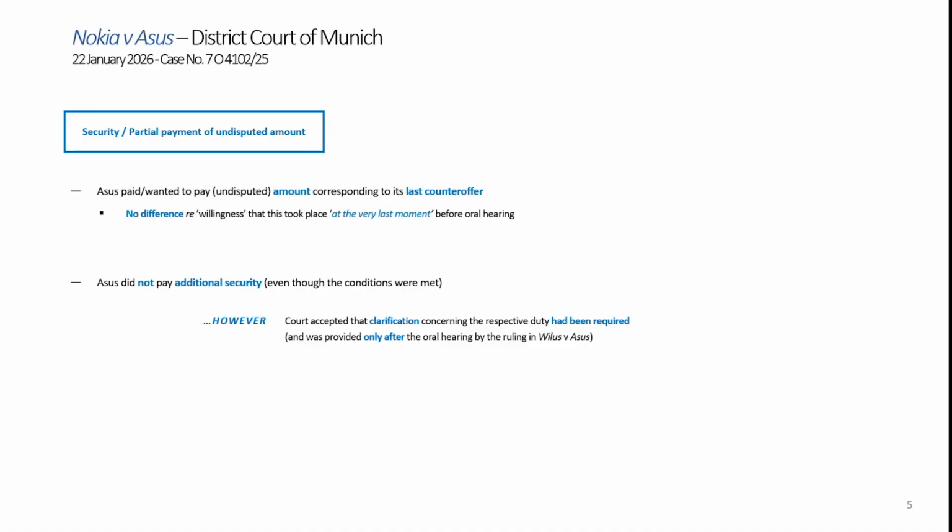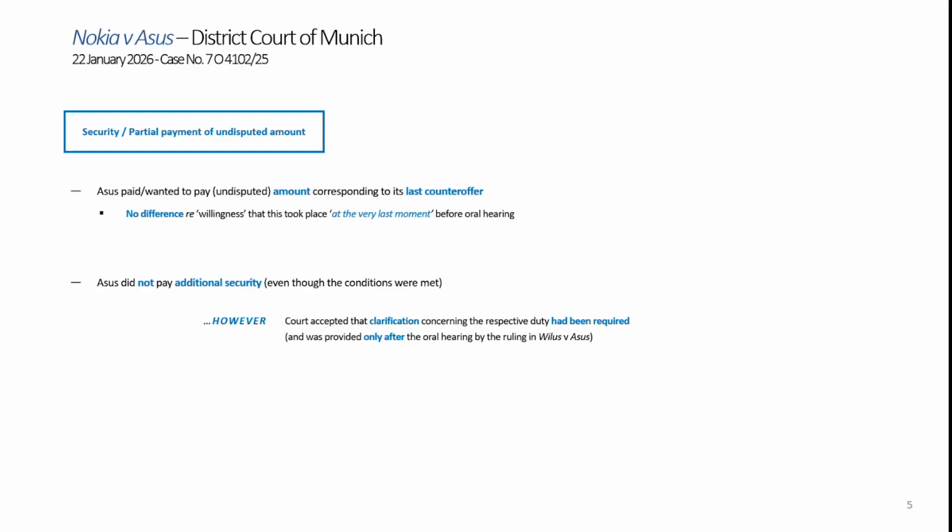However, the court decided here to not see that as a fault that can be attributed to Asus. The court accepted in a sense that there might have been a need to clarify that apart from this payment of the undisputed amount, you would need to do something further to provide this additional security. And it agreed to a certain extent that although this duty to make this additional security payment could be very well extracted from the